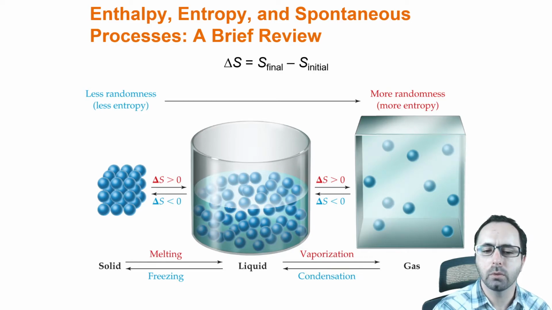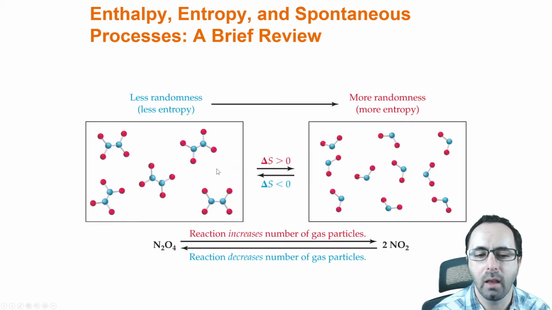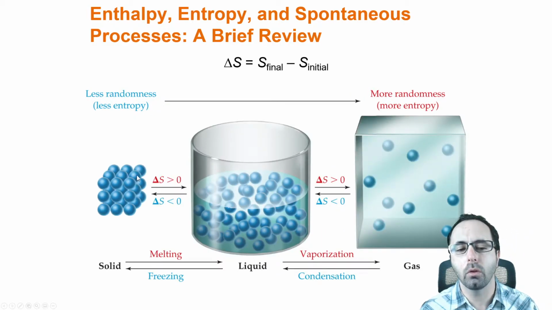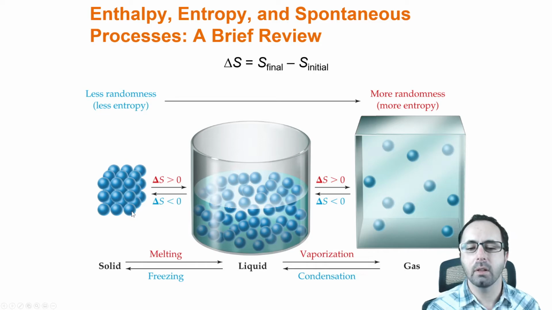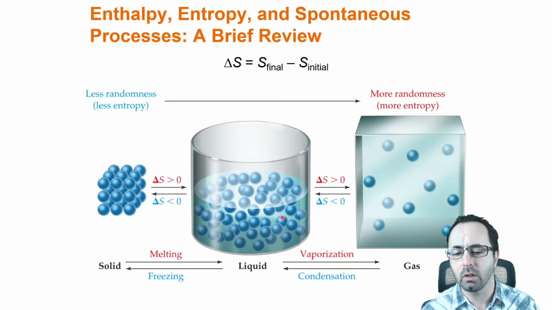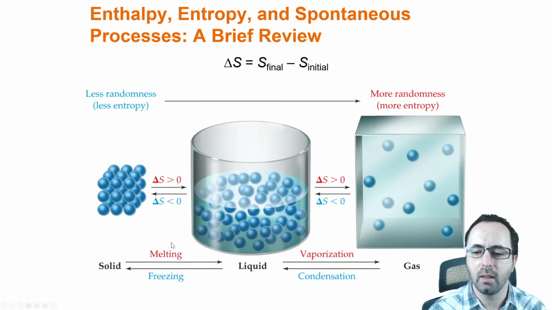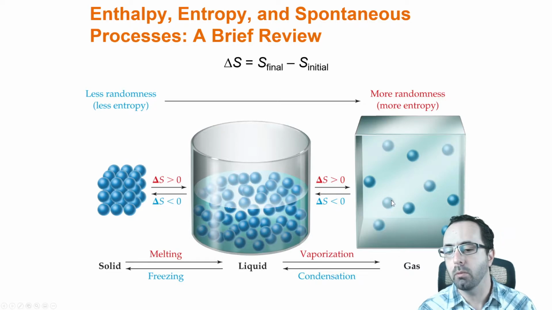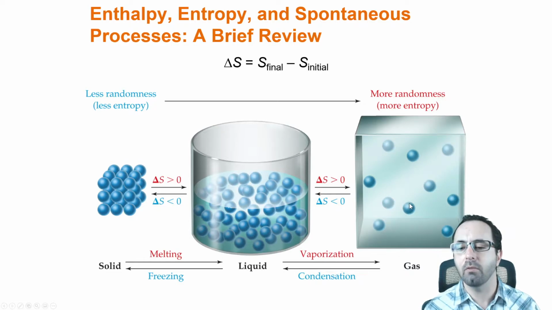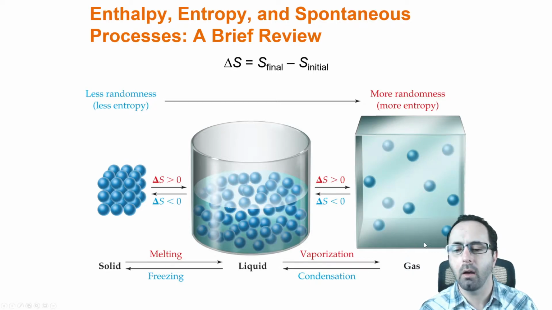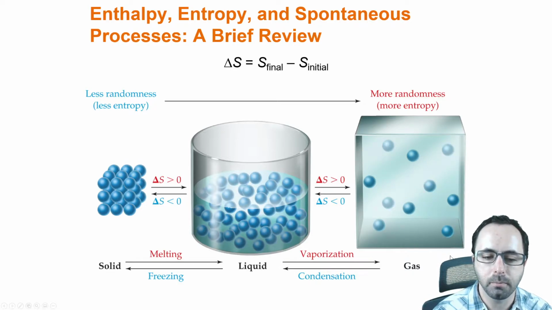And so we can see here, for example, that if molecules or particles are in a solid, they have a lot less freedom of motion than if they're in a liquid. Now these particles can roll around one another and pass by one another, and they're not stuck rigid in a very orderly formation like when they're in a solid. And then if you have molecules in the gas phase, these have much more freedom of movement. They don't even have to be next to each other. They can fly all around the place here.